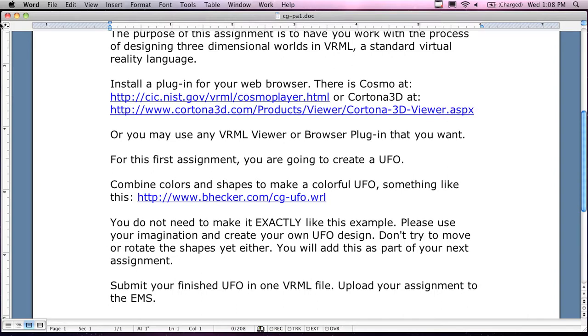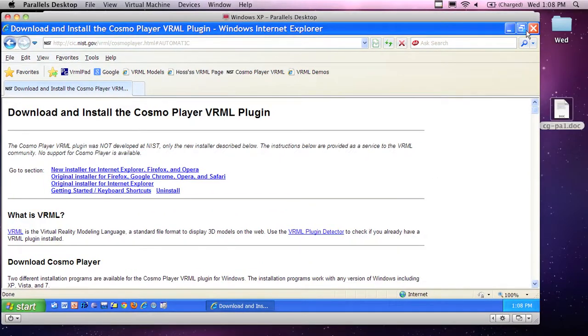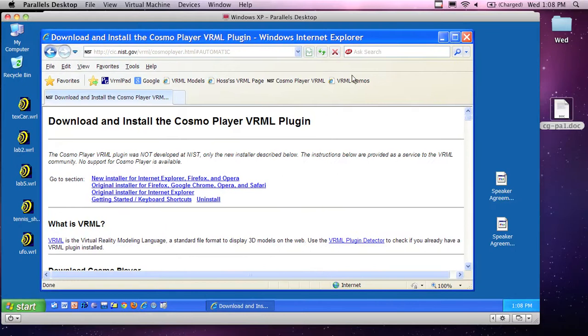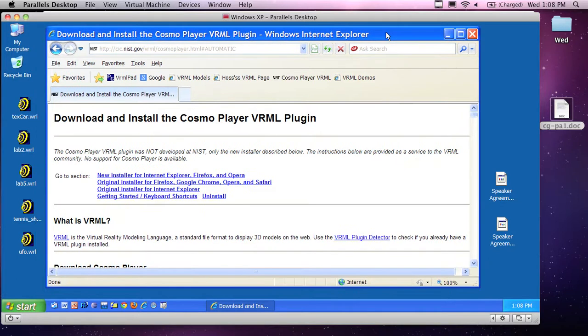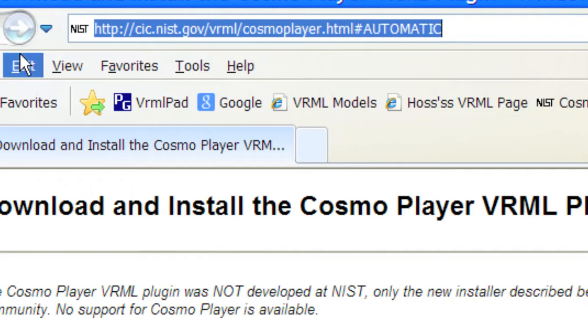Okay, so what is this UFO I'm talking about? In here I have a Windows XP partition, assuming you guys are on Windows, and I see a bunch of Windows boxes out here. It also works on the Mac. Same concept actually, you just use the same plugins. If you're on an XP machine, you could probably just do this right now if you wanted to. Go to this link right here. It is also in the assignment description. If you click on the link in the assignment description,